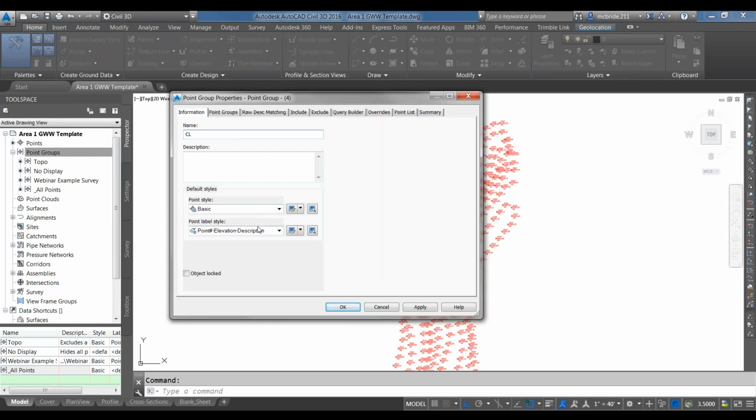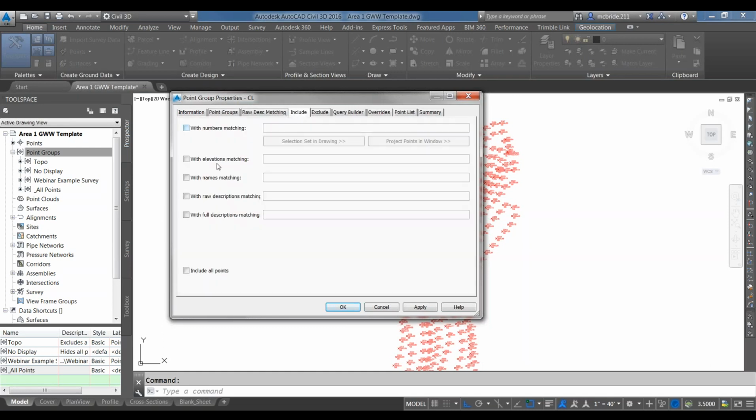And I can name this, and I want to name this centerline, or I'll just call it CL. And you can change the point style and the points label style, but I'm not going to do that for now. I'm going to leave it as is. Go over to the Include tab, and again, it's got the same kind of dialog as the Exclude, but instead of doing the numbers with matching, I just want to check mark the ones with raw description matching. And I'm going to type in CL